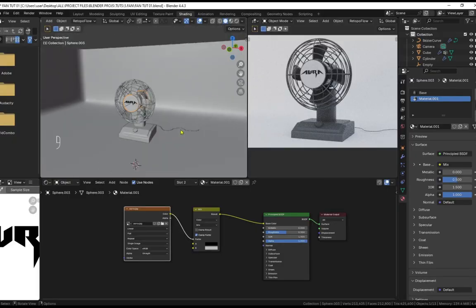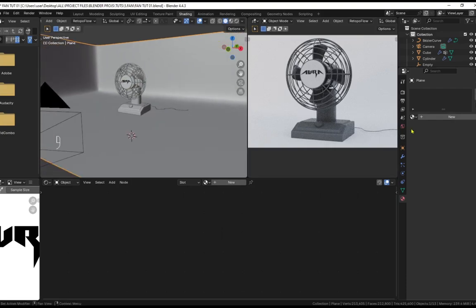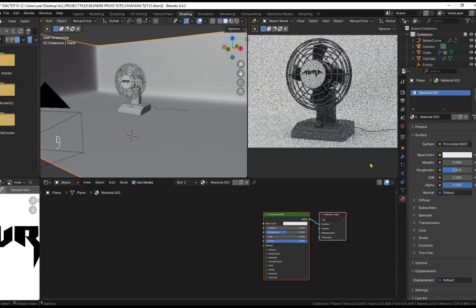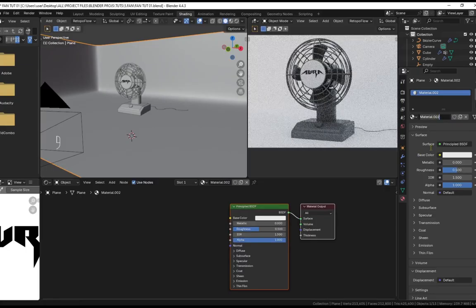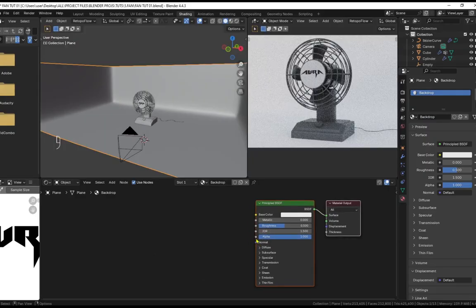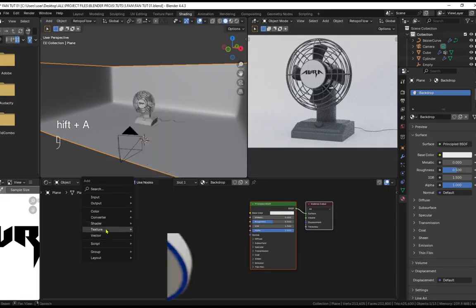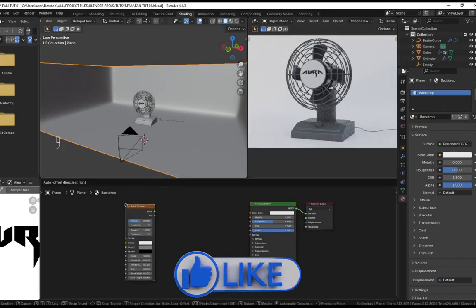So now what we need to do next is our backdrop. We need to texture our backdrop. So select your backdrop and then click on New to create a new material. Then we can rename it to backdrop or anything to remember. Okay, and then what we want to do is we are going to use a tile texture. So in order to create a tile texture, Shift A, then go to Texture, and then let's bring in